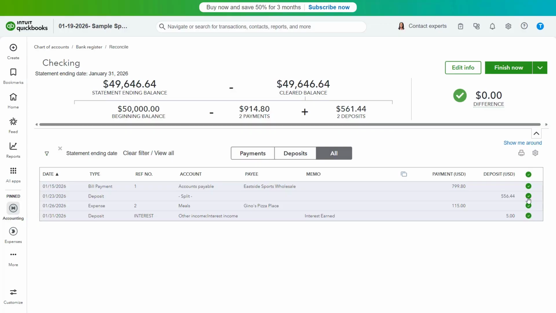The drop-down button in the upper right corner of the page lets you manage the account reconciliation. After successfully reconciling an account, click or select the Finish Now command from this drop-down button to save it and close the page. To save your work, if you want to finish reconciling an account later, or to leave to investigate an account discrepancy, select the Save for Later command from this drop-down button to save your work and close